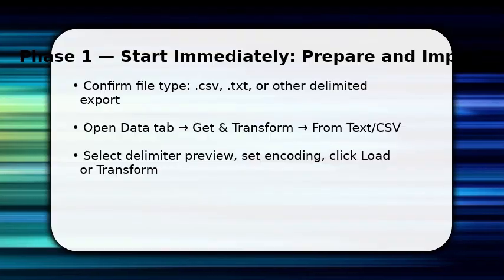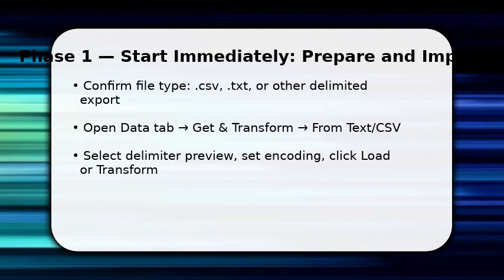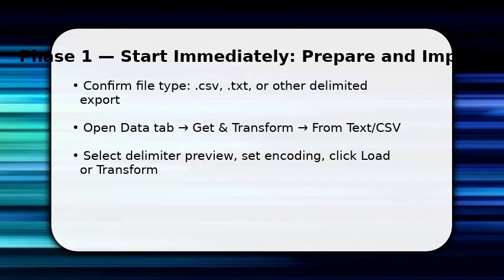You have the file, start now. Open Excel's Data tab and choose from text/CSV to import. Select the file and watch the preview to see how columns parse. If Excel guesses wrong, pick Transform to open Power Query and set the delimiter explicitly: comma, tab, semicolon, or a